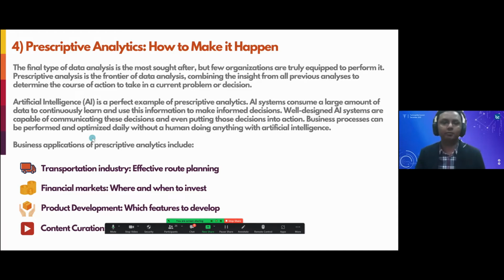And the most common example that we come across of AI and machine learning is content curation. You talk about YouTube, you talk about Netflix, you talk about TikTok. All of these platforms have built-in AI to recommend the next most suitable thing to be watched. So they have recommendations, the next most likely product, the most likely video that you're going to watch, and it's all being done via machine learning and prescriptive analytics at the back end.